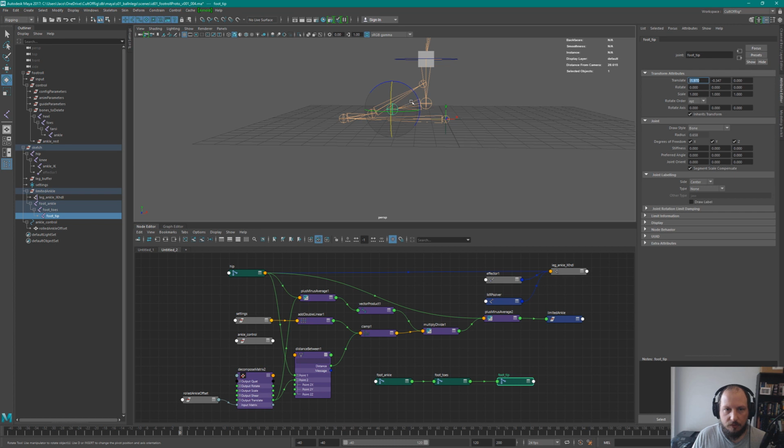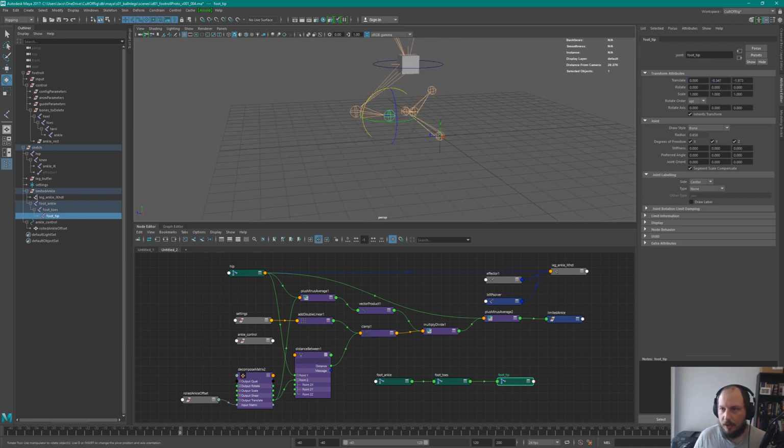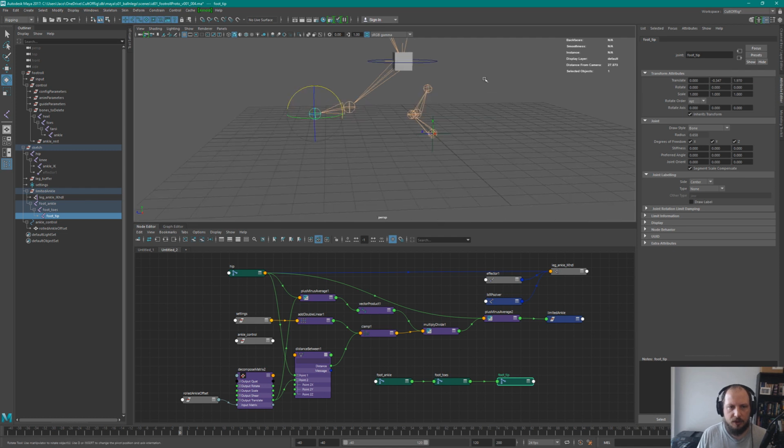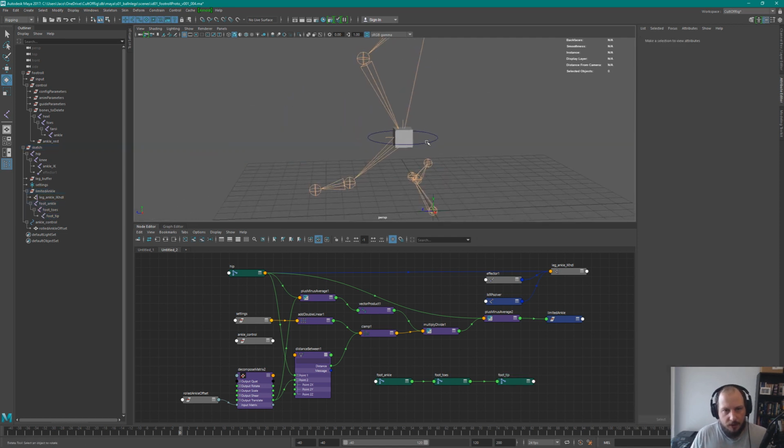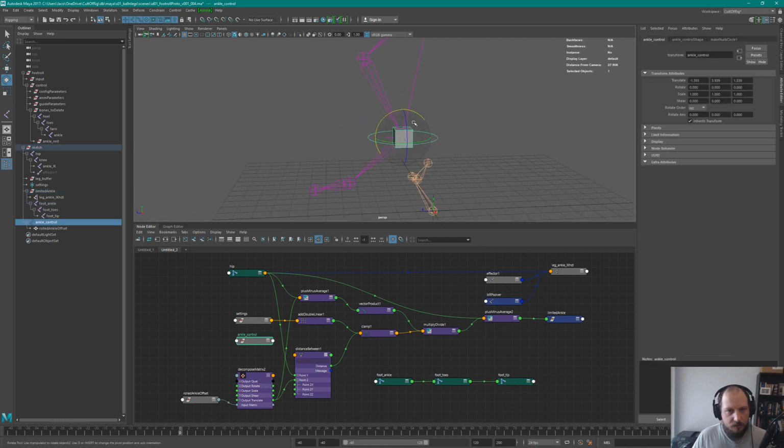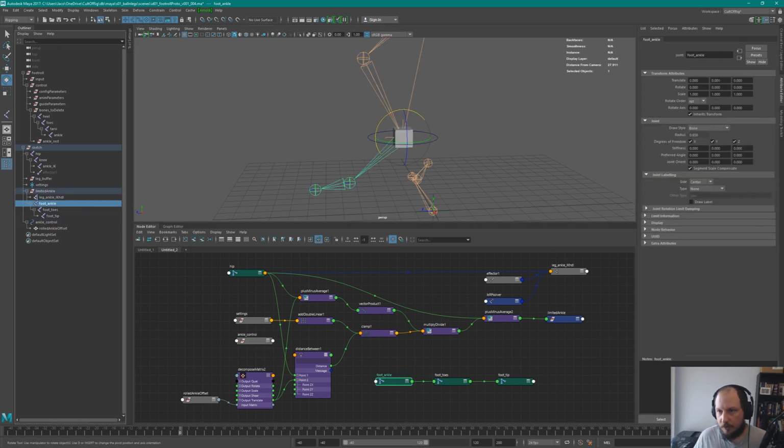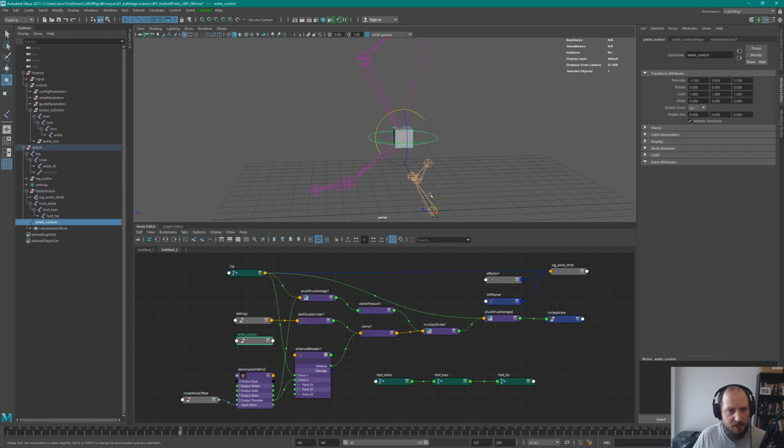same deal. Right now it's going down the X. We want that positive. And if you do a select all copy and paste, I think you'll take values that are further than the decimal places that you see here, but don't quote me on it, in the attribute editor at least. Don't quote me on that. So we are now properly aligned, which means that for that behavior to happen,